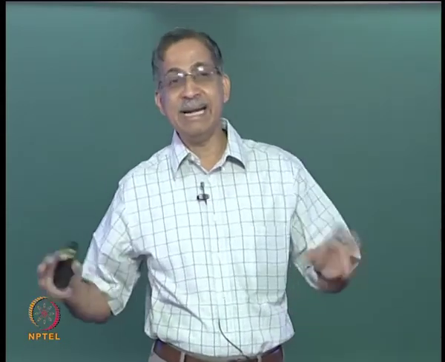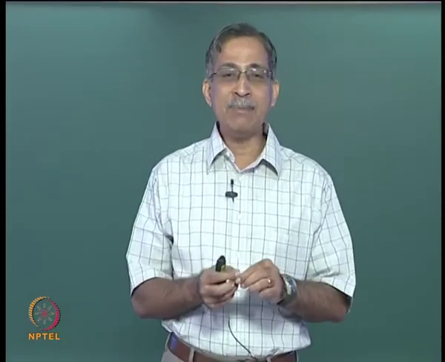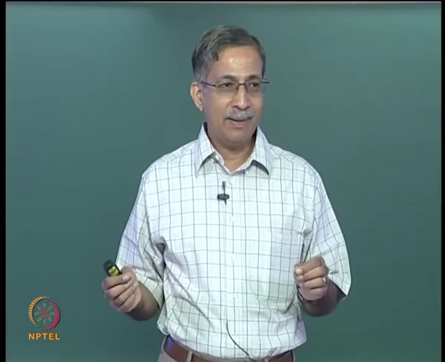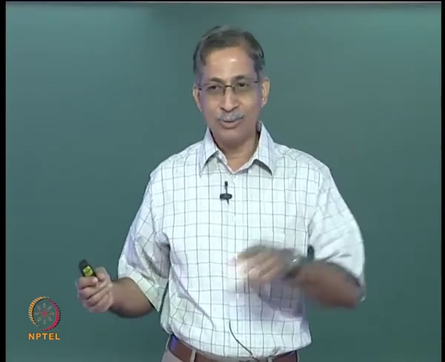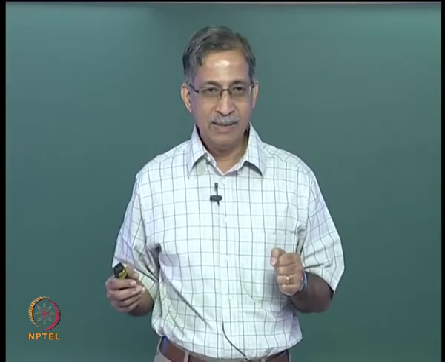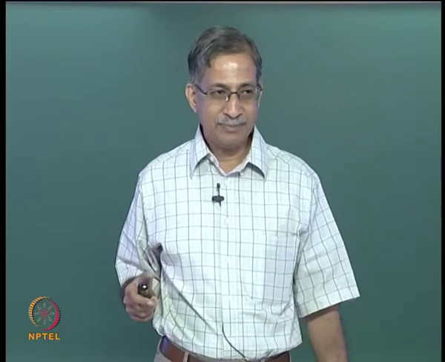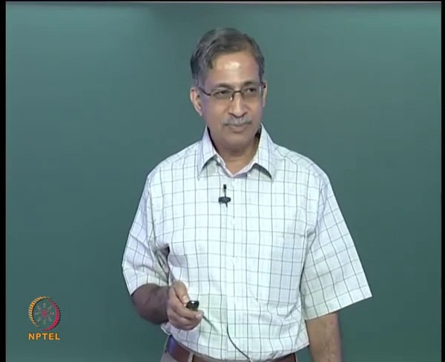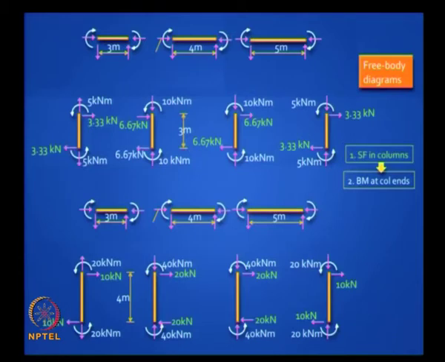Bending moments at the ends of the beams. When you say bending moment in the beam, it varies linearly, it goes through 0 and changes sign. So bending moment at the ends of the beam. Okay. So how do we do that? You start at the top corner, maybe top left hand corner. You have to do only one calculation. Why? Because the same end moment travels through all the beams in any given floor. Let us check it out.